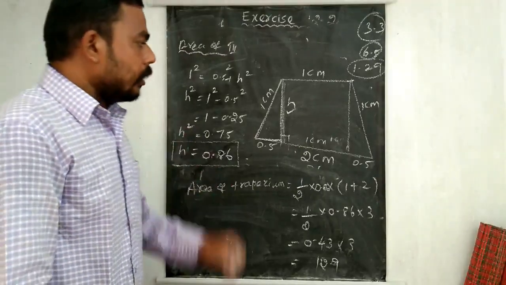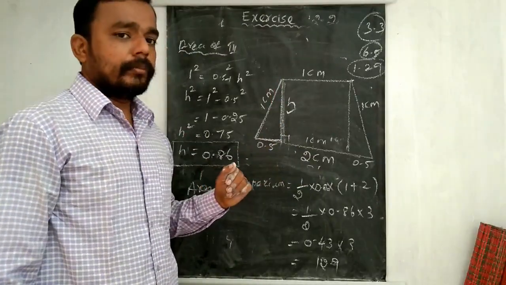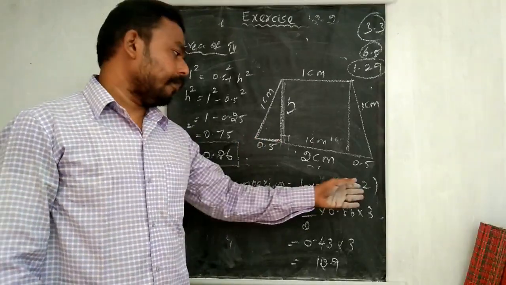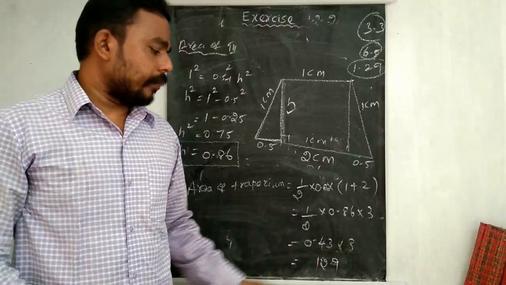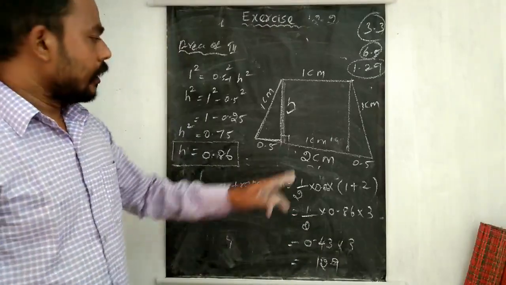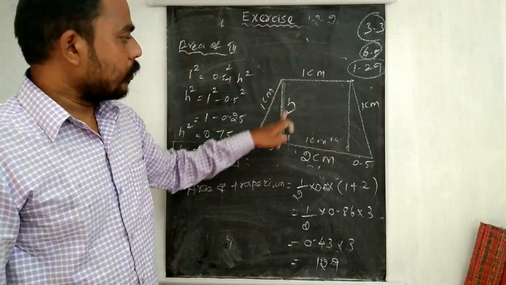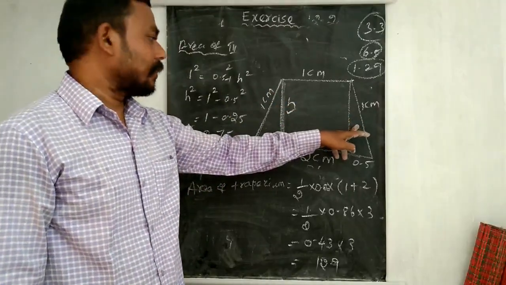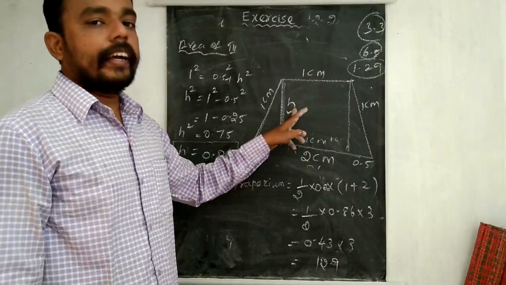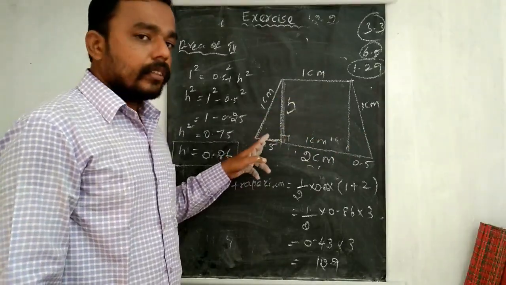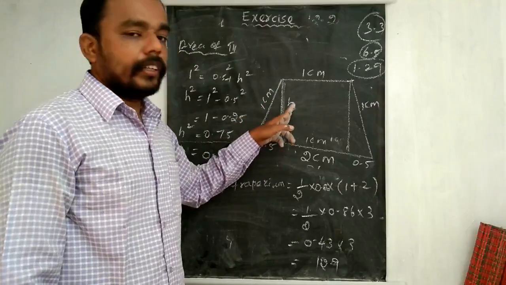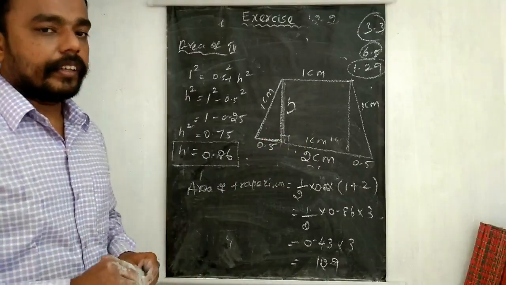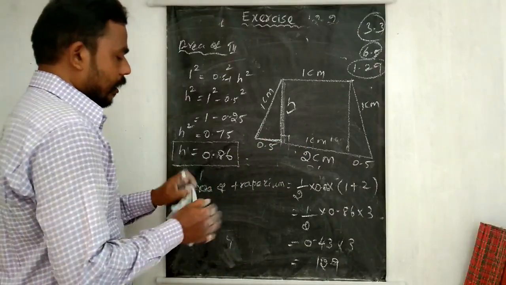Another way, it looks like a trapezium. Trapezium formula: 1 by 2 into height into sum of the parallel sides. So 1 plus 2, we can find your answer using this formula. Another way, I tell you: area of the triangle plus area of this square plus area of this triangle, or 2 times the area of the triangle, after finding a height, the right angle triangle, so 1 by 2 base into height plus 1 by 2 base into height plus square area. So like that we can find this area. So the third one also we have the answer.